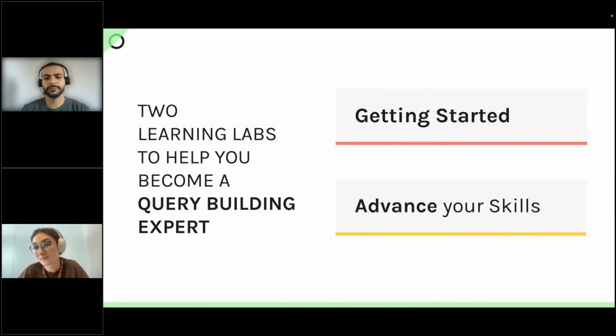I see some familiar names. So for those who are coming back, welcome back. And if you're joining us only for the second session, don't worry, we'll start with a quick recap. We will build today on the foundations of Boolean logic that we covered in the first session. And the goal of all of this is to make you autonomous and confident when building queries in Onclusive Social.